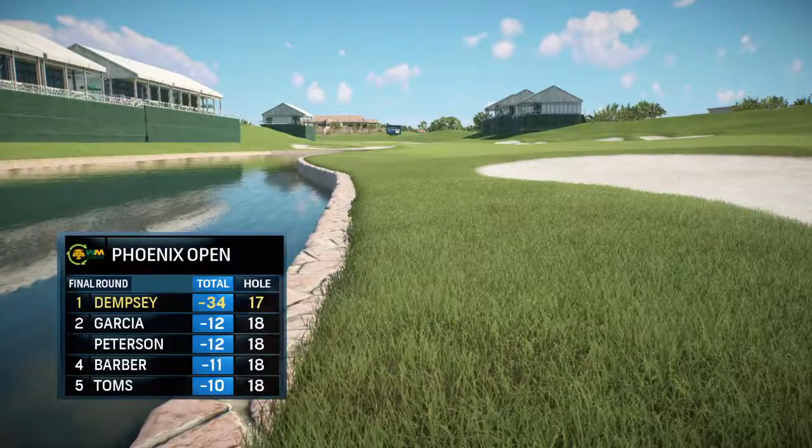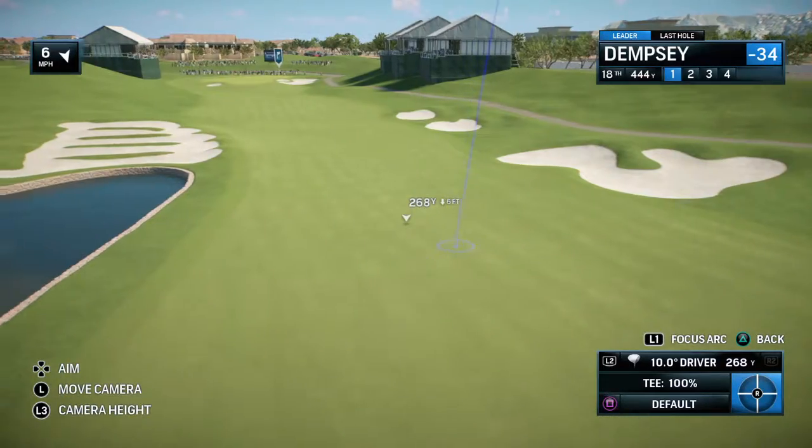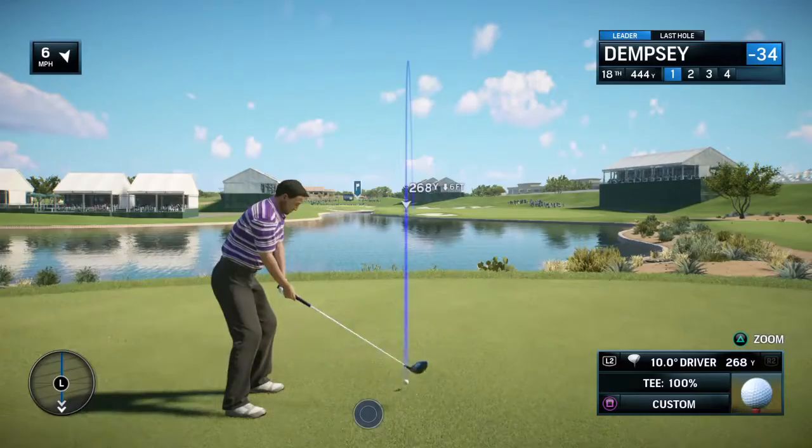To the 18th hole now, and Frank, the original designers stepped in and they made this hole quite a bit more challenging. Yeah, they certainly